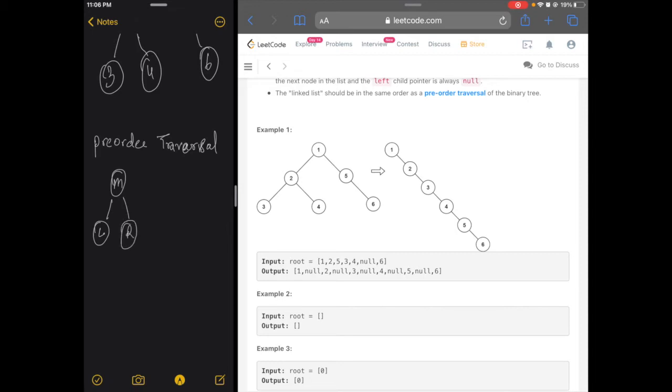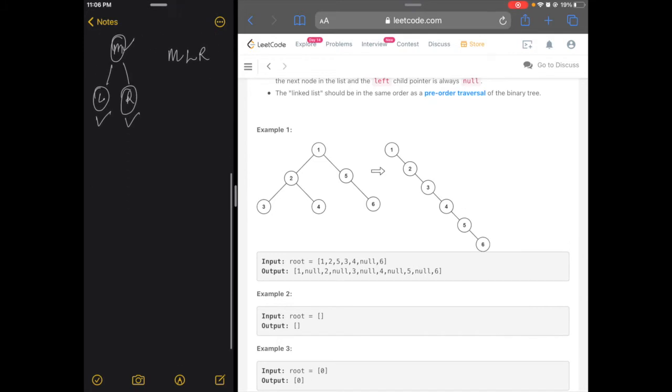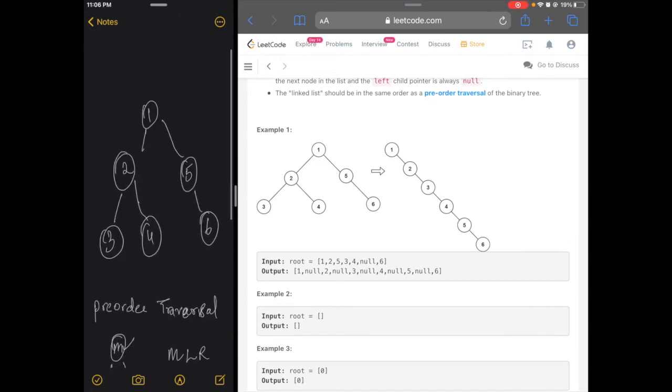So pre-order traversal would be middle, left and right. So middle would come first, then you would print the left node, and then you would print the right node, which is the pre-order traversal. So we need to print it in a pre-order traversal.